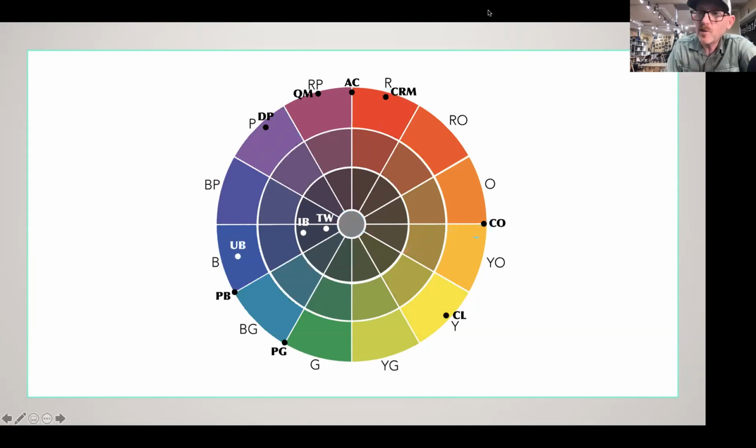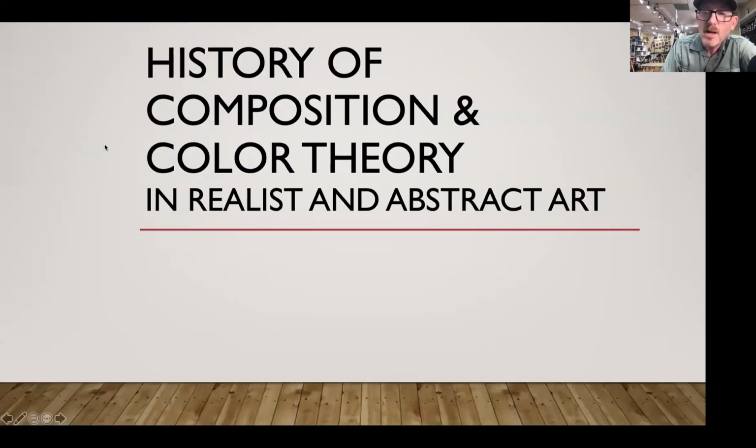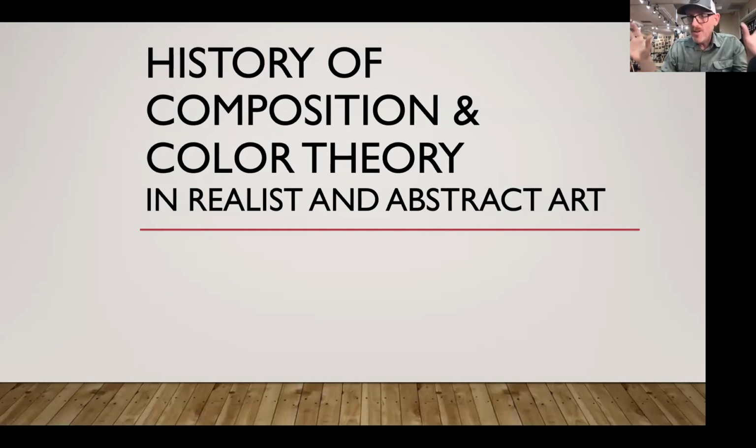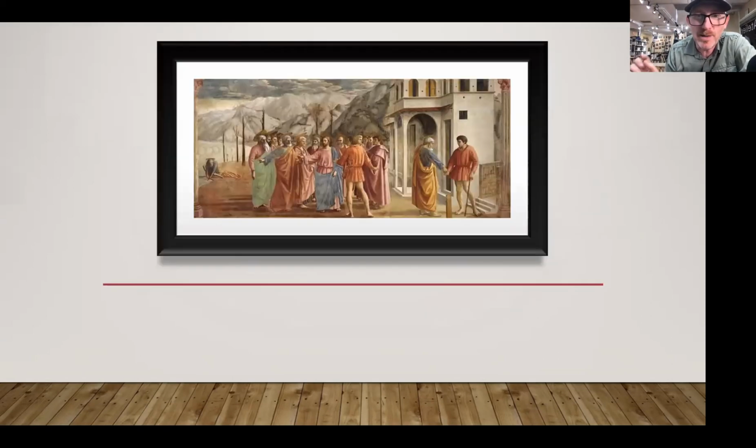Anyway, this is not a color wheel lecture. That's another lecture, another day. But I wanted us all on the same page so that we could understand what we're going to talk about next. So we're all color theory experts. We're all now composition experts. We have 5 new vocabulary terms for composition. Let's look at artists from the past and see what they've been doing with their artwork.